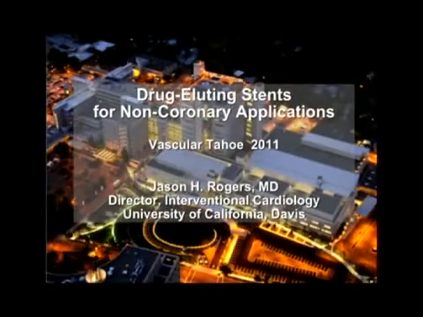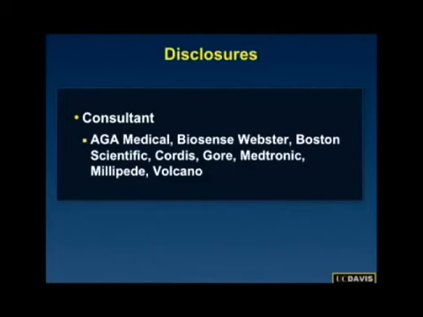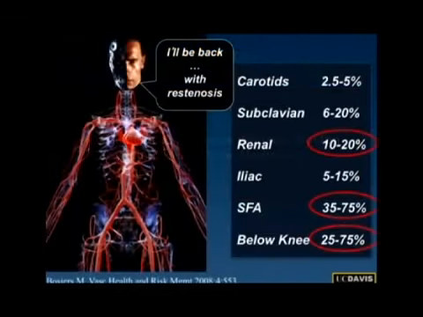Jason is going to talk about drug-eluting stents for non-coronary applications and really talk about the problem of restenosis and maintaining patency. This translated to the peripheral circulation. So whereas Arnold Schwarzenegger's legacy may not have been the reduction of the California state deficit, certainly his legacy will include several of his famous lines in cinema. So there are things that come back,